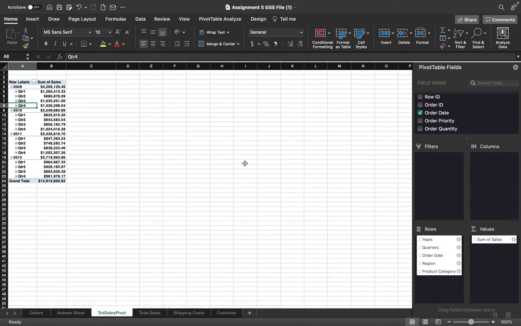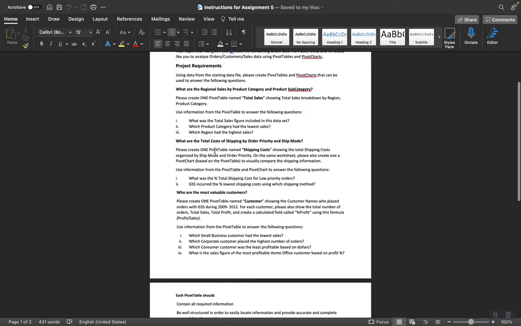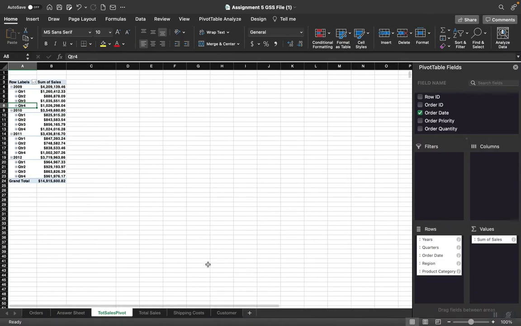Let's look at our next one here real quick. For the next one, we're going to be looking at shipping costs. We've already created the pivot table. So I've created the table. Let's look at our pivot table for this. So for shipping cost,